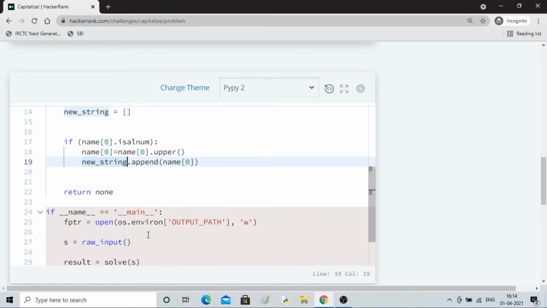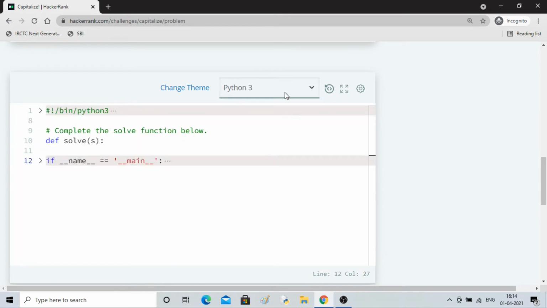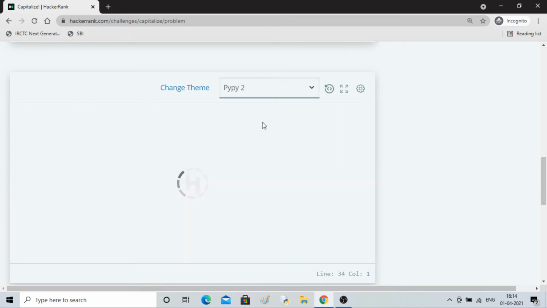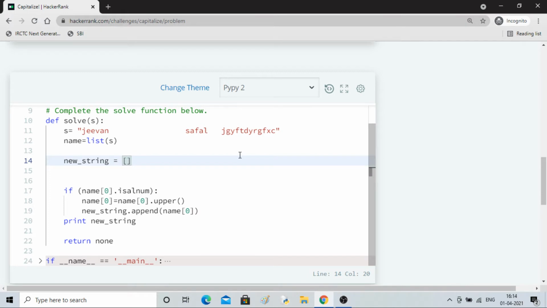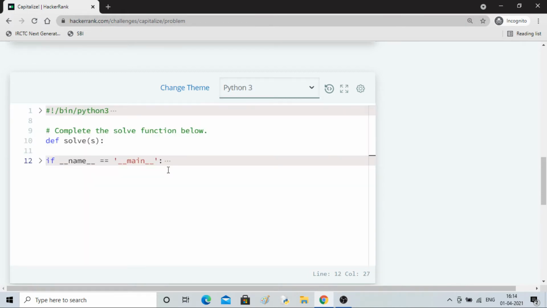Now we have to bother about the other guy. Let me print this so that you will see what is happening. New string. Oops, I am working in Python 2. I should be working in Python 3.